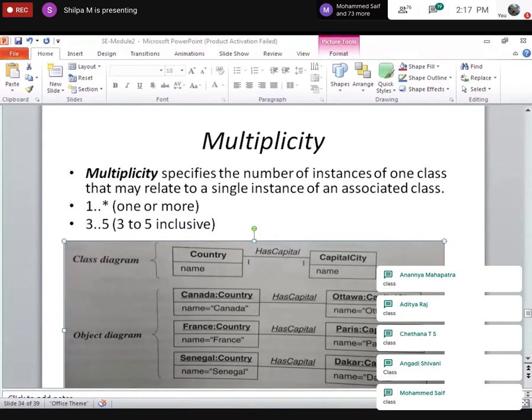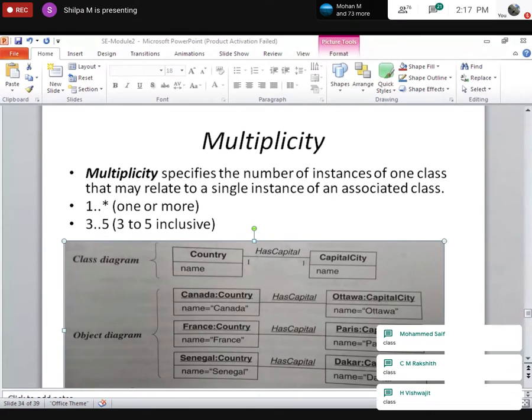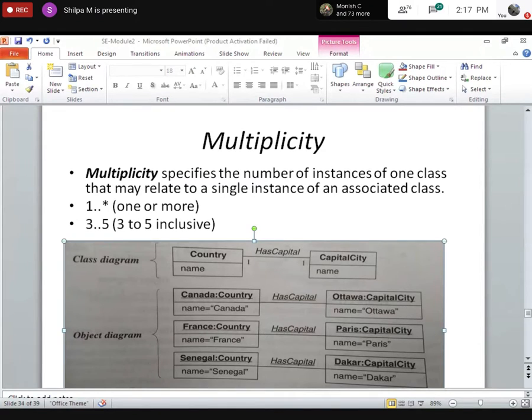Because it is a rectangle here with the name. There is no underlining or colon. That's why you know it is a class. So both of them are classes, but this rectangle here, that is Canada colon country, you can make it an object. Yes and no, because there is a colon and it has been underlined, so you can say it is an object.